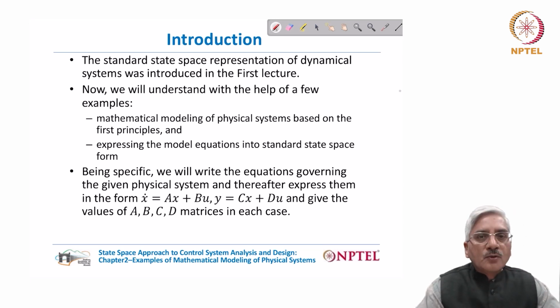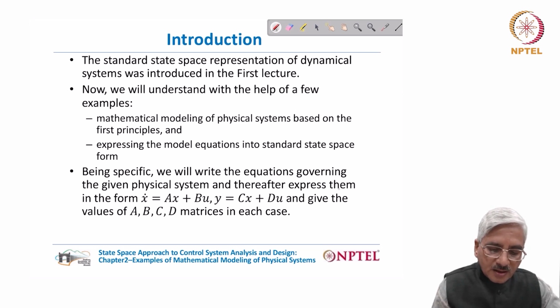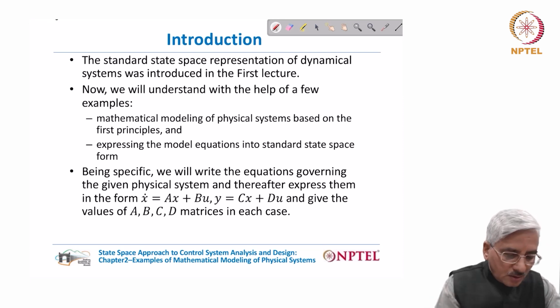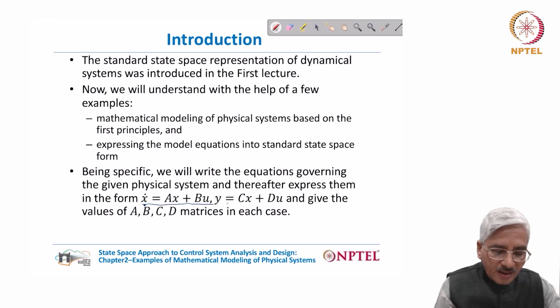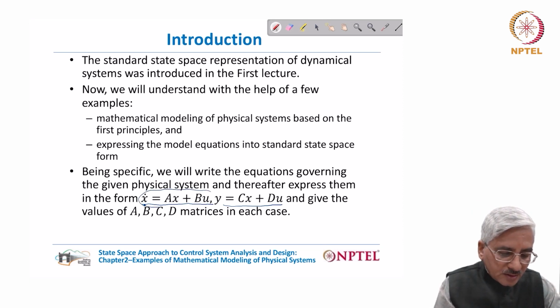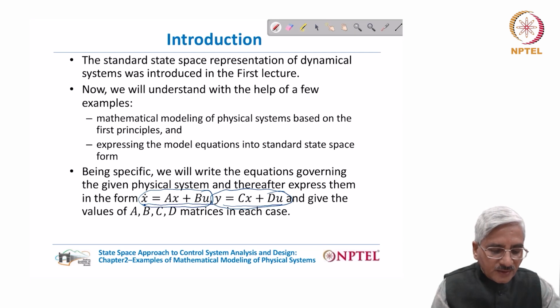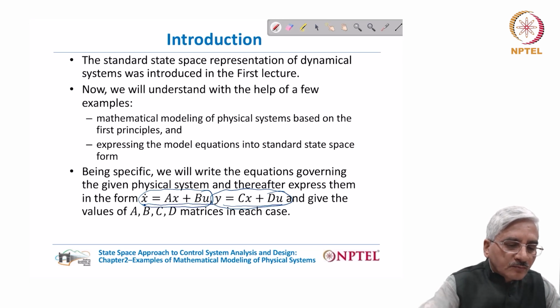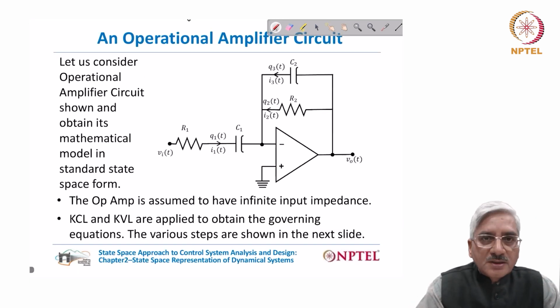Specifically in this lecture, we will write the equations governing the given physical system and thereafter express them into the form x dot equal to Ax plus Bu and y equal to Cx plus Du. This one is called the state equation, as I told in my earlier lecture, and this is called the output equation. And we will give the values of A, B, C and D matrices in each case. We move to the first example, which is an operational amplifier circuit,